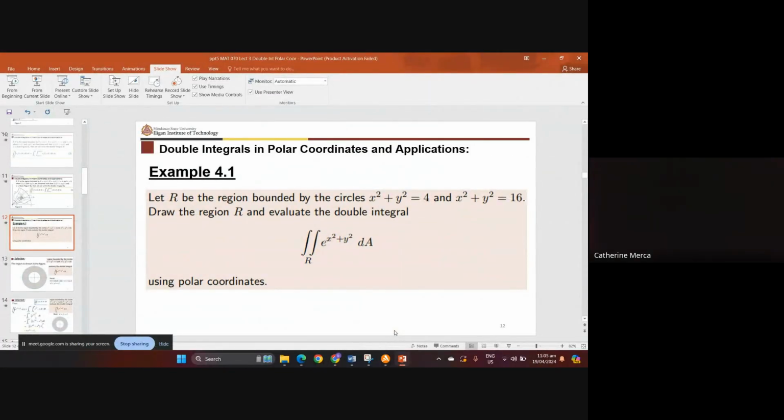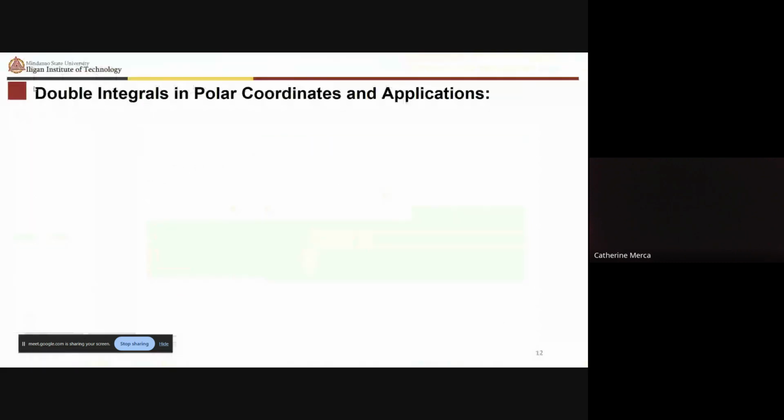So we'll continue with our discussion on double integrals in polar coordinates with the following implication. The first example here is we let R be the region bounded by the following circles. Let me just start with